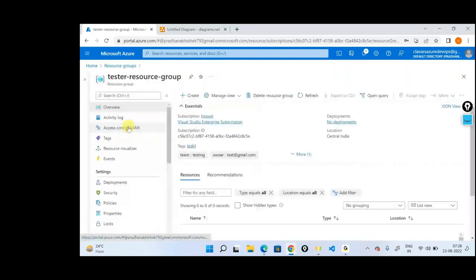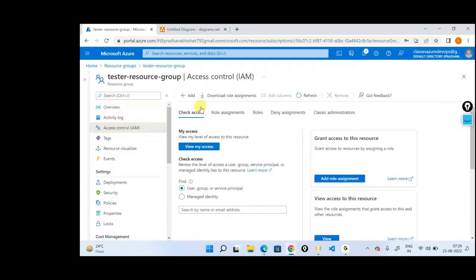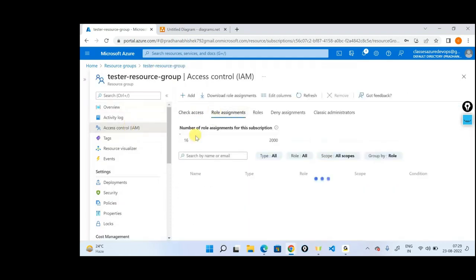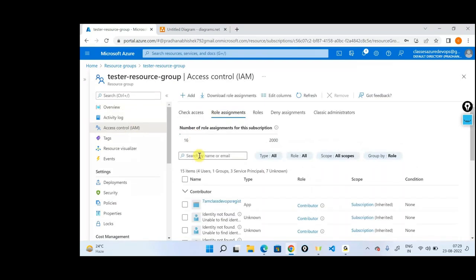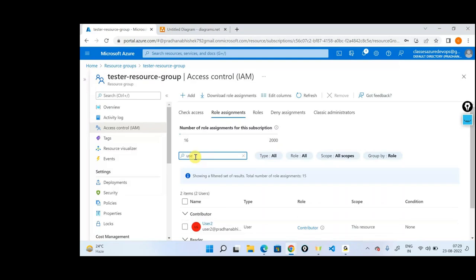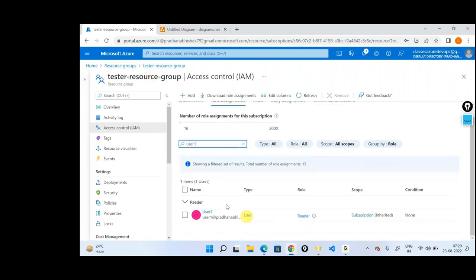I'll go to identity and access management, and in here I'll say role assignments. In here I'll again search for user 1. What do you think will be the role of the user 1 here? Reader? No, contributor? Because here this particular user, the role is coming from what? The subscription level. I did not add him directly out here, which means that if I go back as a